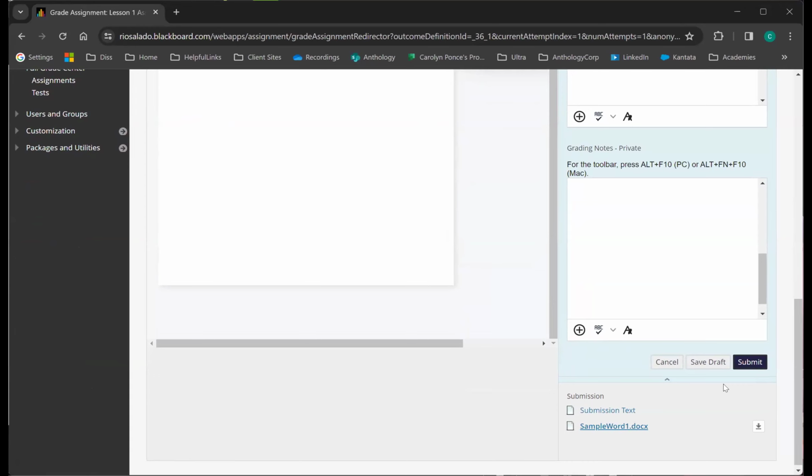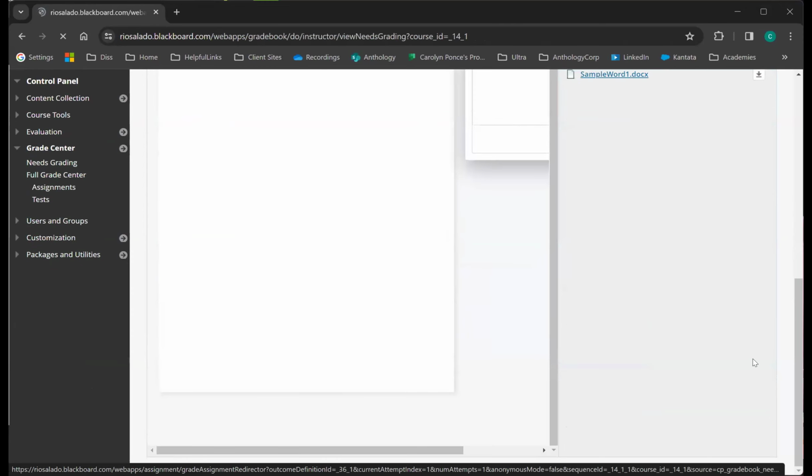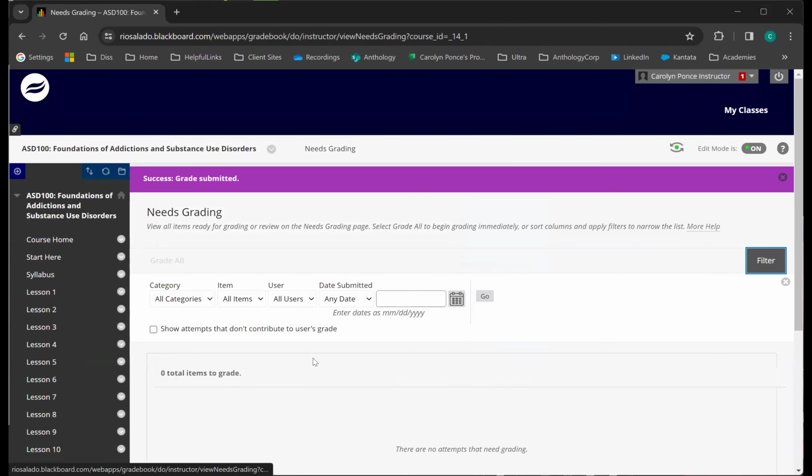And then once you're done grading, you will need to click the submit button when you're finished. That will process the grade and provide that to the student. If they're the last person you need to grade, you are just going to be hopped back into your needs grading area and you're done with your grading session.